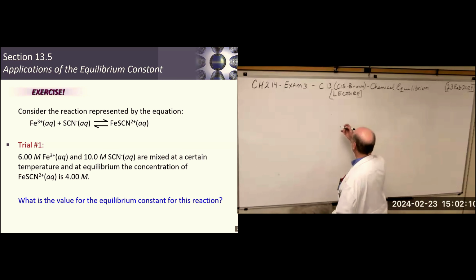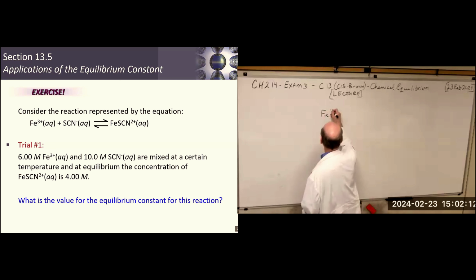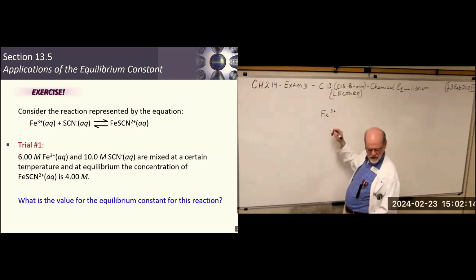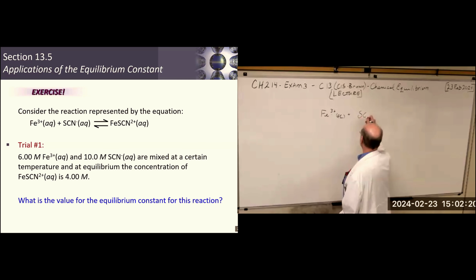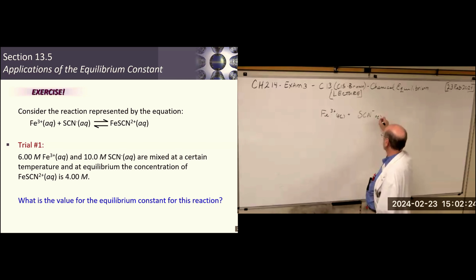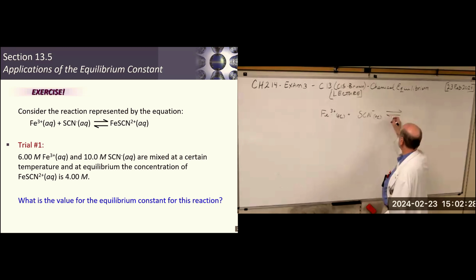So we have iron 3+. These are all in aqueous. We're going to react it with thiocyanate ion. And it yields